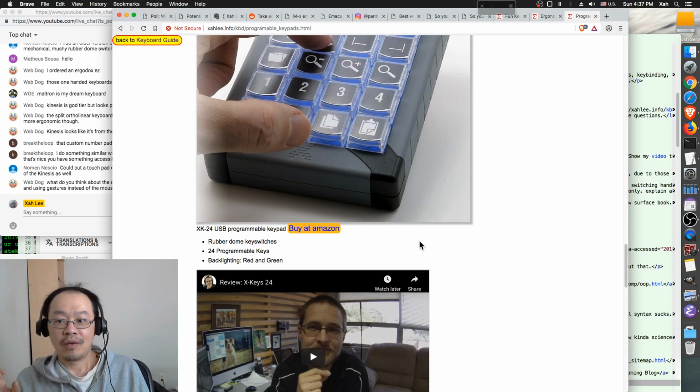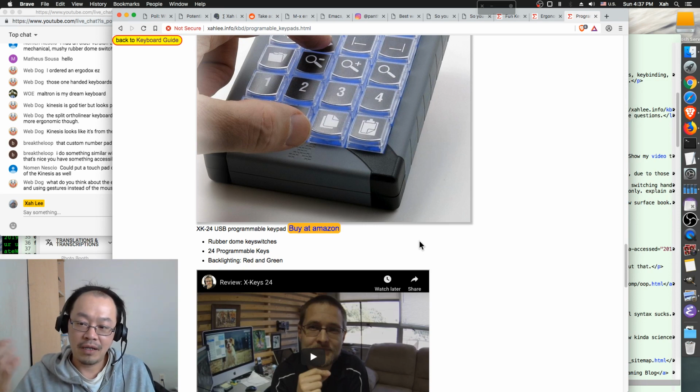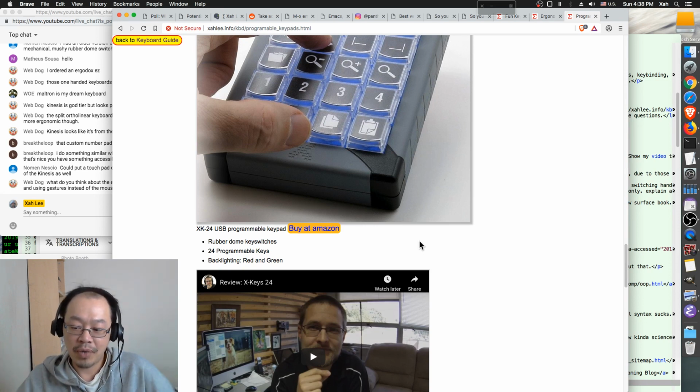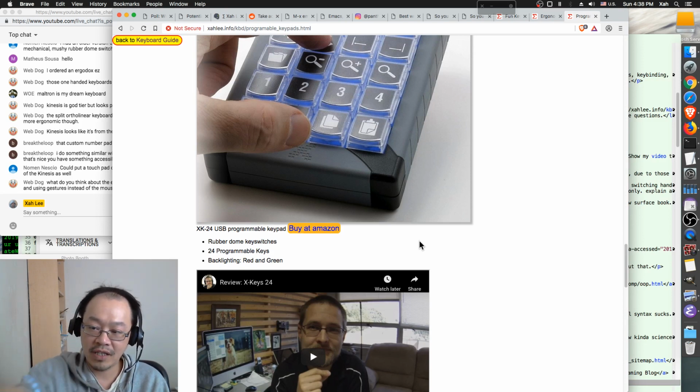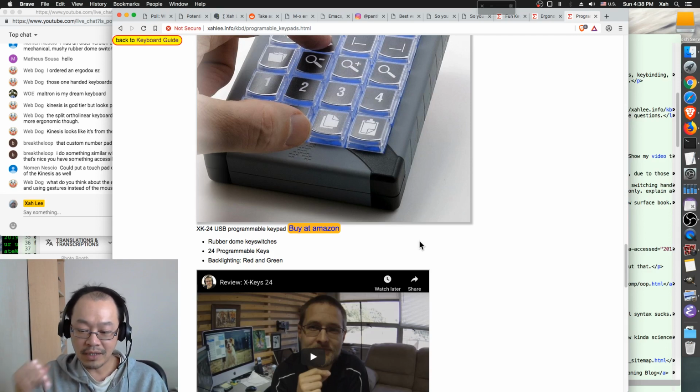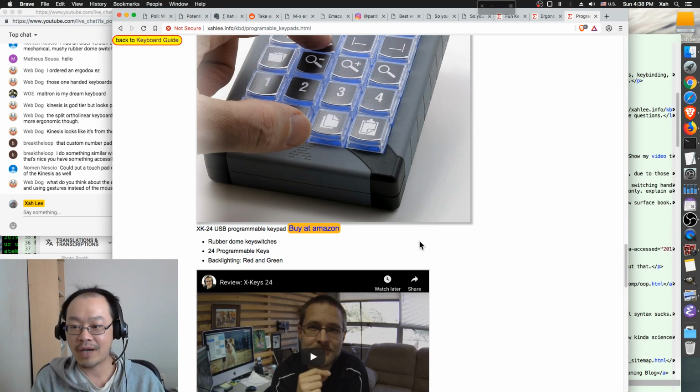Why? Because when you have a programmable keyboard, you program the keys one shot, one time, okay, and it's burned into the memory, so it's part of the hardware. Also, when you press a key, for example, if you set one of the keys to Control C, you press it, it'll just send out Control C by hardware, the electronics, to the USB. But if you are using your operating system to program the keys, for example, I set a key to do Control C, that's not direct. That goes through the OS. Then the OS does key translation. Then it sends it to your app.